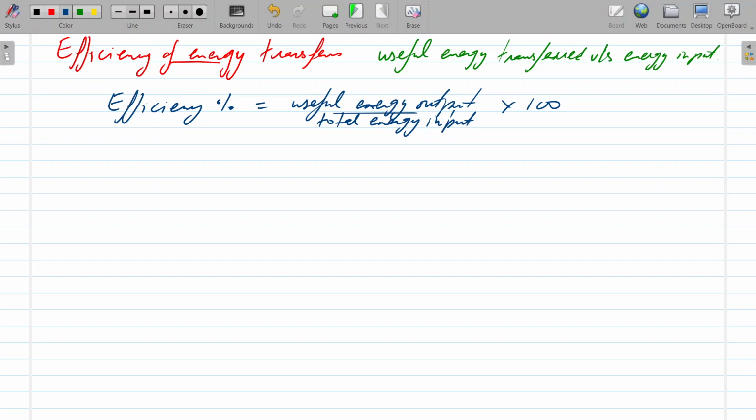Another way this can be done, if you're not dealing with energy but you're dealing with work done, so efficiency percentage equals work done